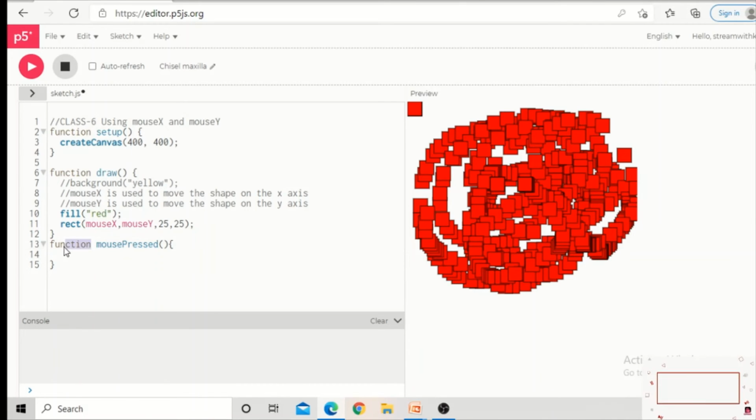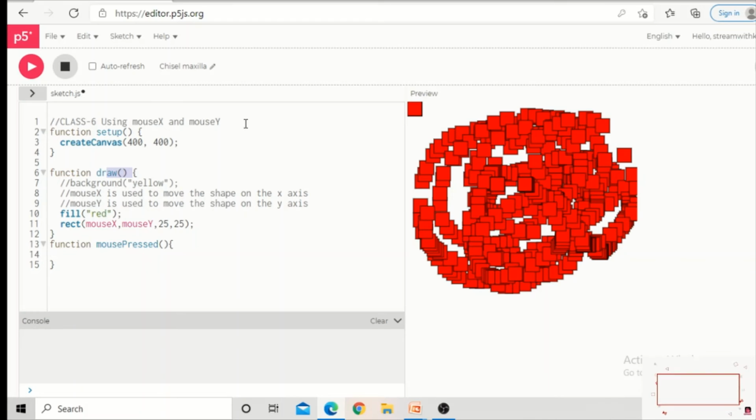If we want to write any function, we need to mention the function keyword, and then we write the function name here. After the function name, there will be an open bracket and a close bracket, and after that we give the curly brackets. Inside the curly brackets, we write the statements which are to be executed for that particular function. In this program, we have the setup function, draw function, and mouse pressed function.